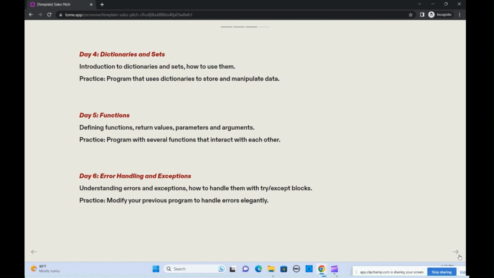For this agenda, the practice is modifying the previous programs to handle errors elegantly. So we will use the same code from the previous days, and we apply the error handling concept to those programs.